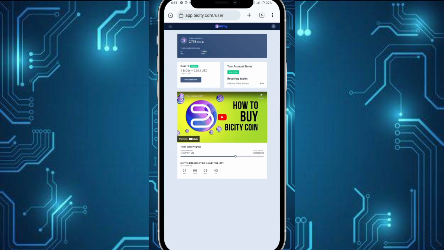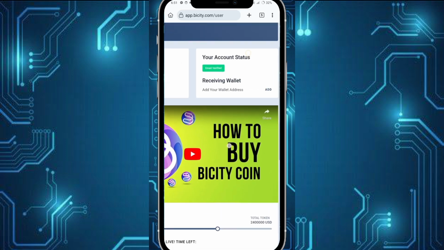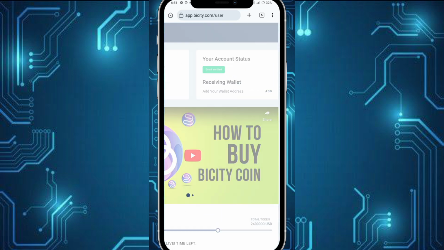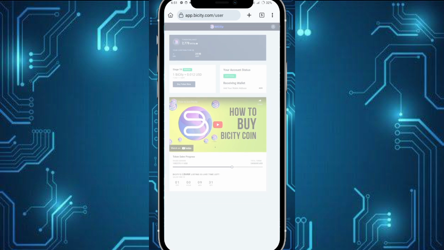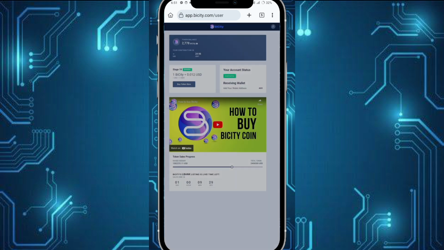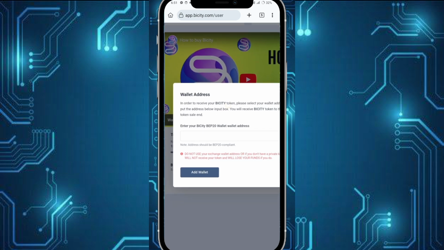And next, go to your Buy City dashboard and click receiving wallet. Click add and just wait for a couple of seconds. And here we go. Enter your Buy City BEP20 wallet address.